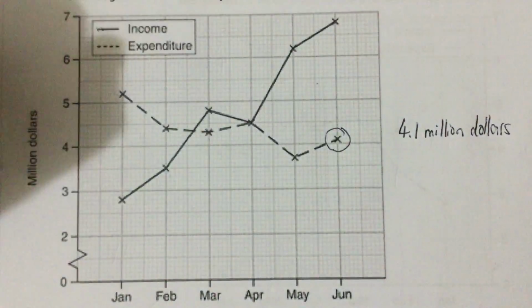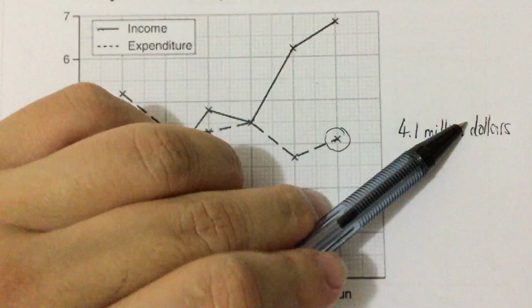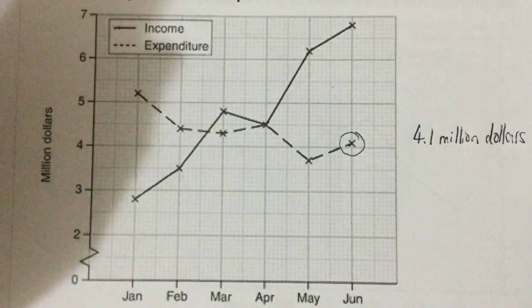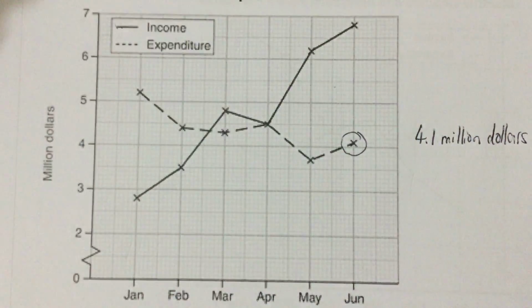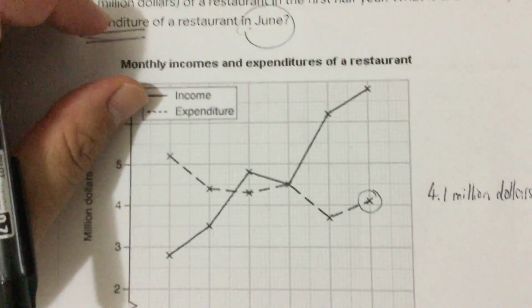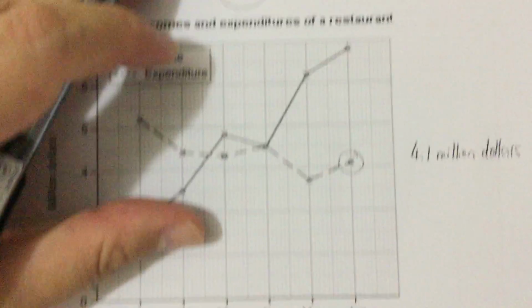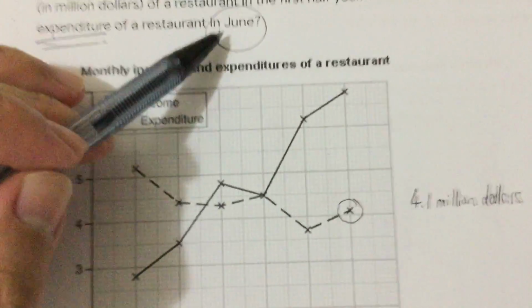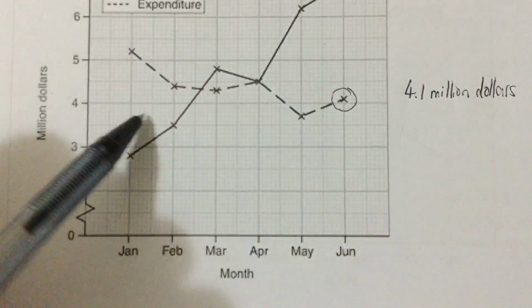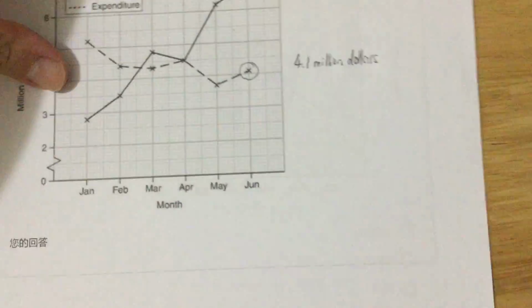Sometimes you need to copy this one here, but frequency you are not required to copy like this, okay, because frequency is not the unit for this one. So you have 4.1 million for the expenditure. June, you have the dot, and then you got $4.1 million. Okay, next